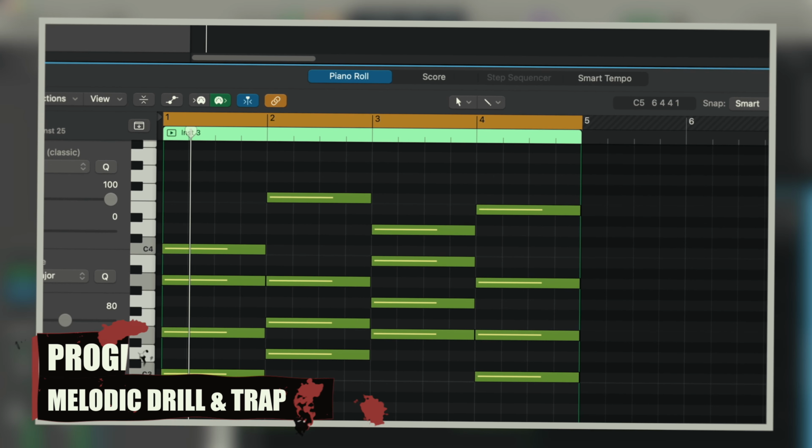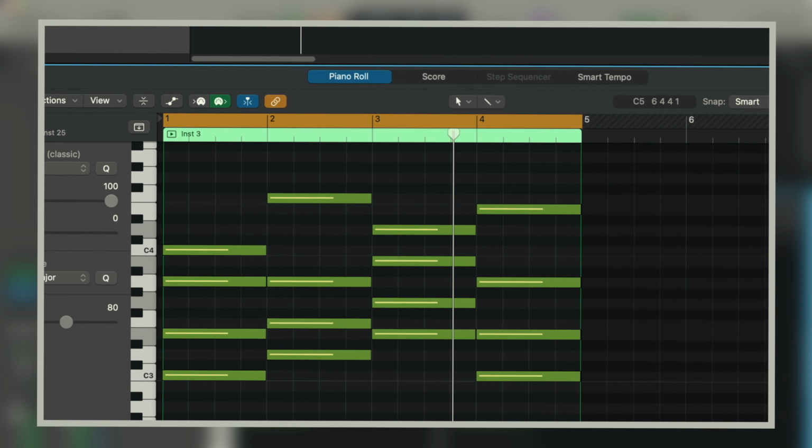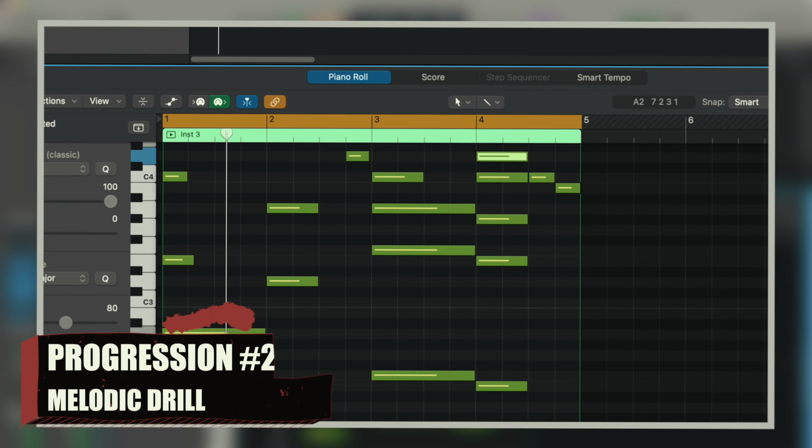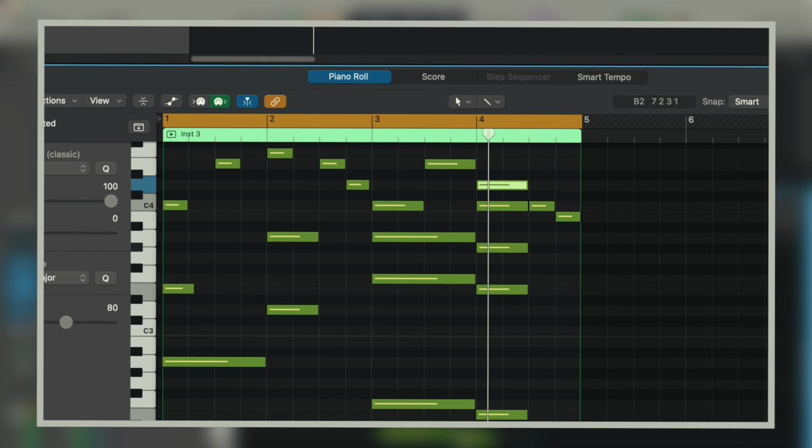In this video, I'm going to show you how to make a 3-chord progression that works very well for drill, melodic drill, or trap. That's a preview of the 3-chord progressions. Chord progression number 2. And finally,